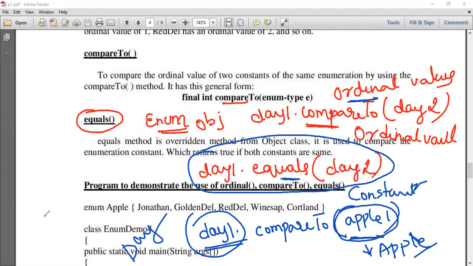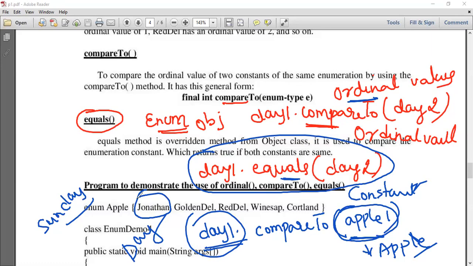Let us say day1 is Sunday, and this one is Jonathan. Jonathan happens to be the first one in the apple category, so its ordinal value will be 0. On the other hand, if day1 is Sunday, then its ordinal value is 0. The compareTo method just compares the ordinal values irrespective of whether the enumerators belong to the same type or not.